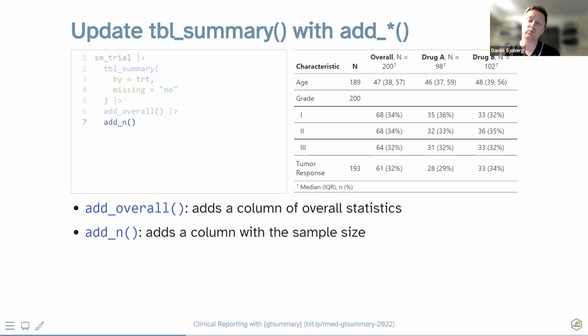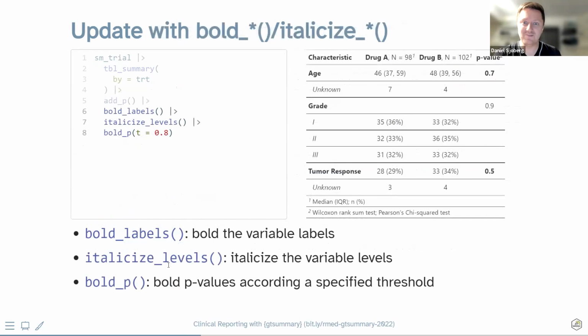But if you needed to remove the row that says unknown just for age, for example, there is a function called remove row type. And you can say remove the missing row for age, or you can say remove the missing row for all the variables, or only for categorical, or only for continuous. So whatever your situation is, you can make that work. But we don't cover that function here because there are already so many functions that we're talking about.